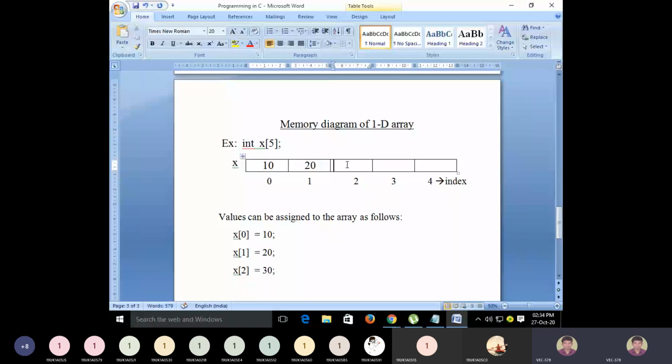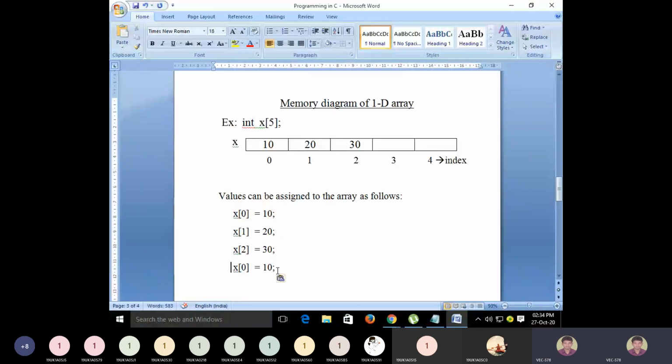Okay, then similarly, how can we access the fourth element? The fourth element will be at location 3. So x of 3 is equal to 40, and then 40 will be stored in this memory location. Similarly, how can we access the fifth element? x of 4.